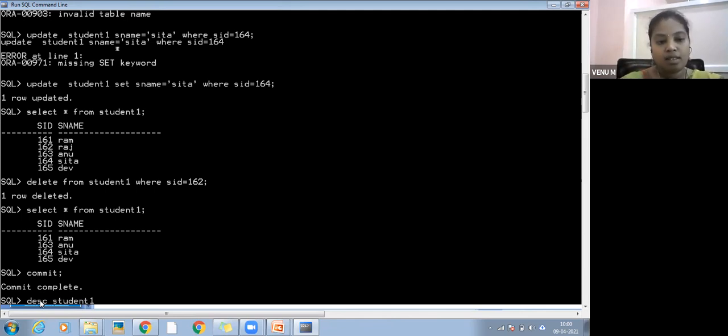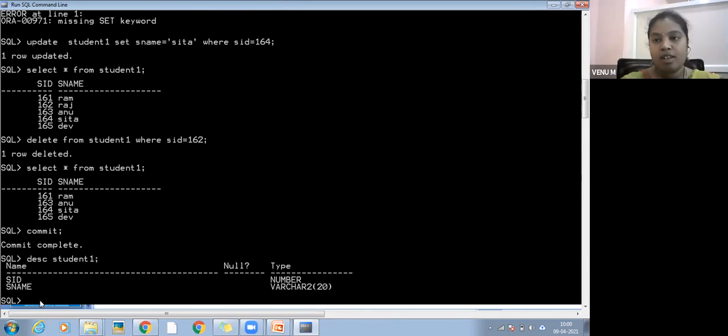What are the columns here? SID and SNAME. I want to change SID to student ID. So how do we rename it? By using the alter command. Alter table, what is our table name? Student one.